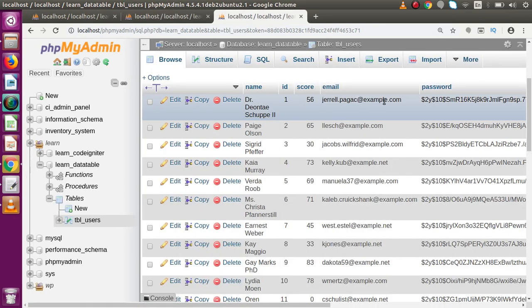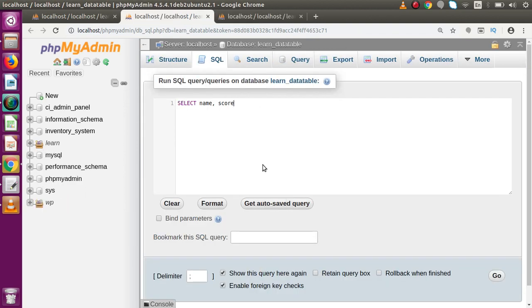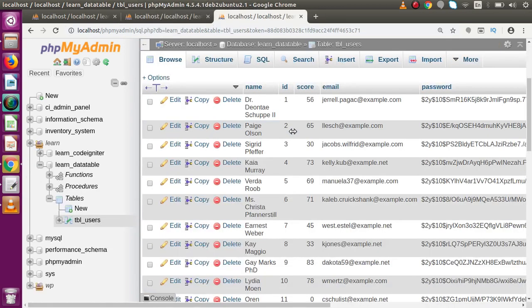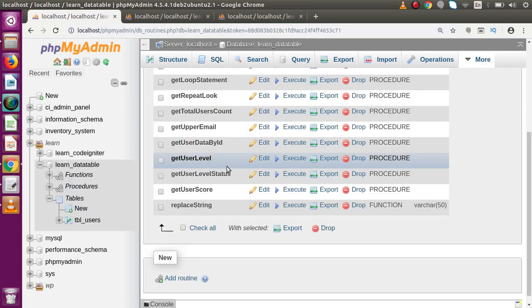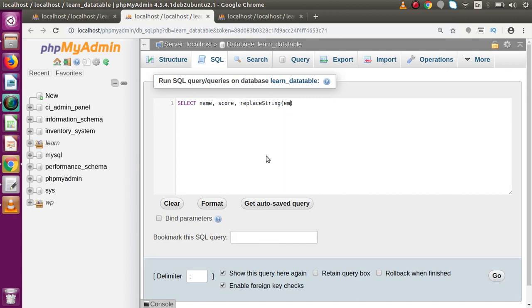If I go here, let's say name, score, and I'm going to take the email address, but this time I want to replace something in the email address. So let's say I'm going to use the function replace string. Inside this function I'm going to pass the email address from, let's say, tpa_users, limit 10 only, which means we want 10 records only. So if I press Ctrl Enter,